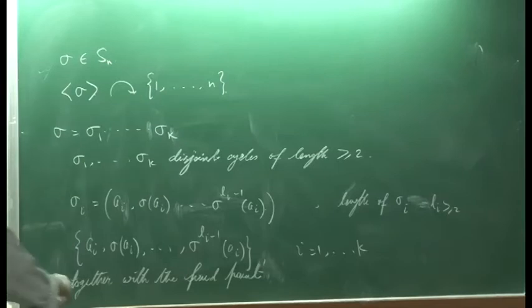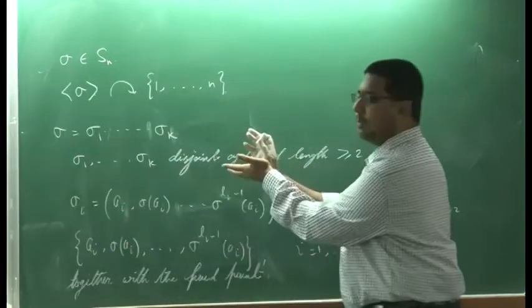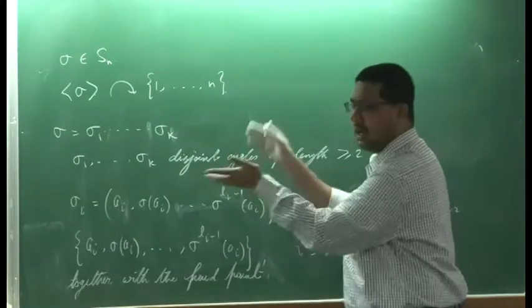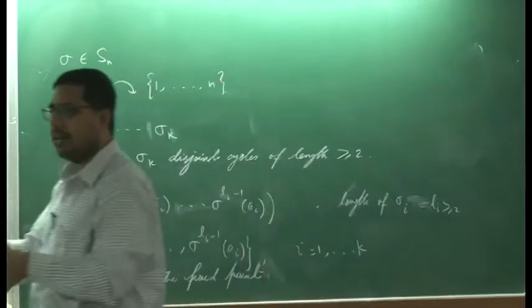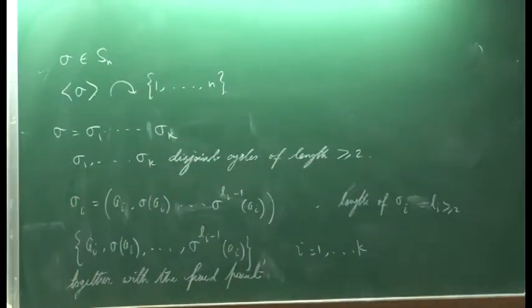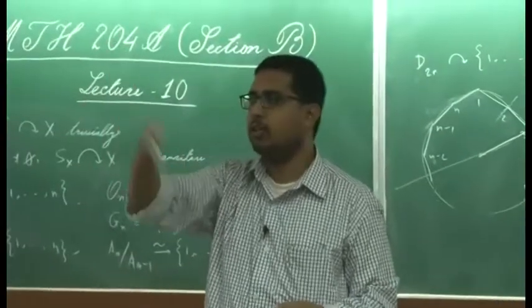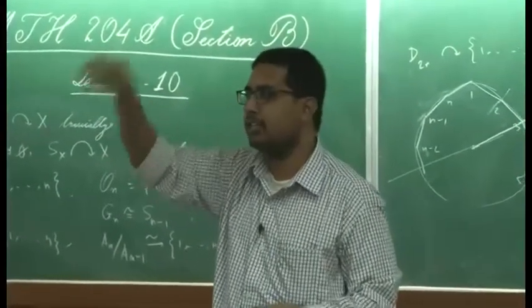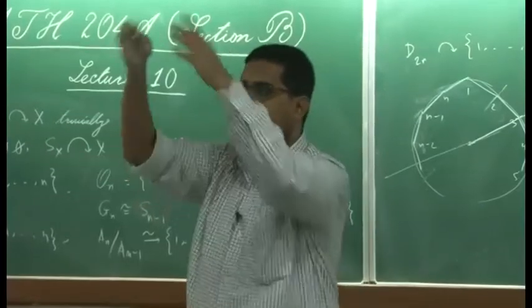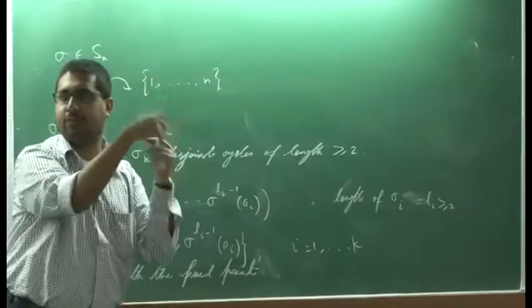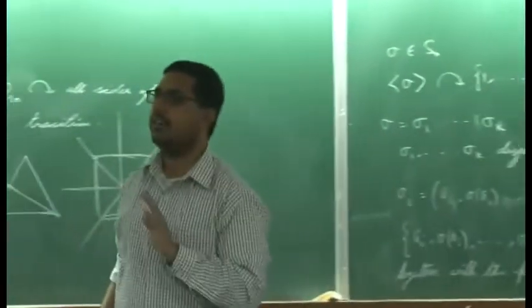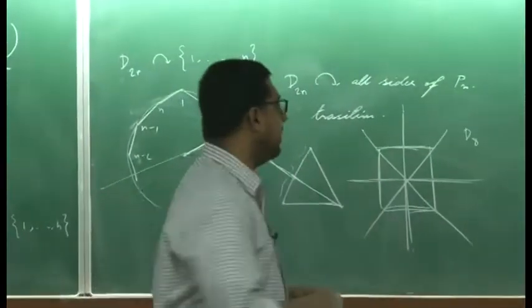I repeat, this is because if sigma is the product of some other, let us say tau 1 up to tau r, where each tau i is a cycle of length at least 2, then from those tau i's we should get all the non-trivial orbits, and then we do have the fixed points which are giving us the trivial orbits. Therefore, we see that